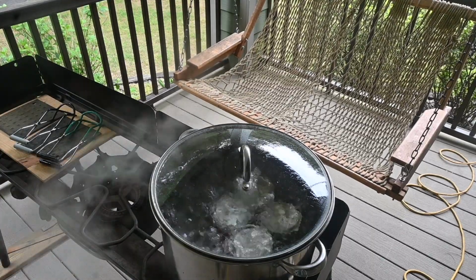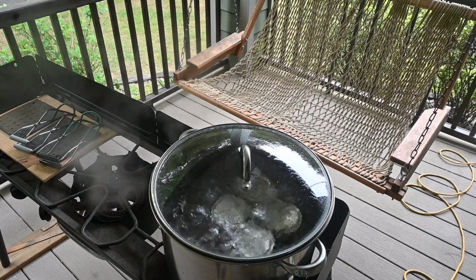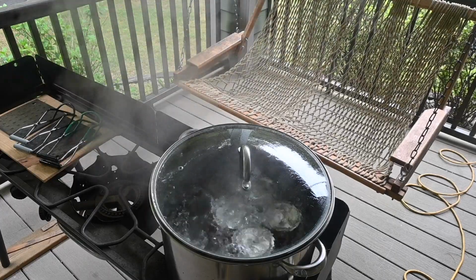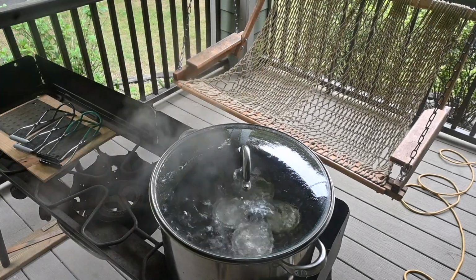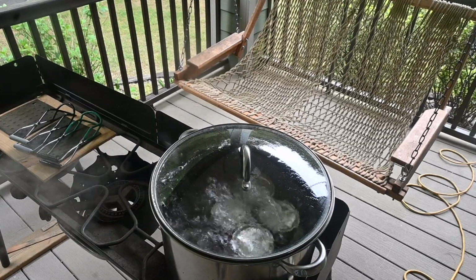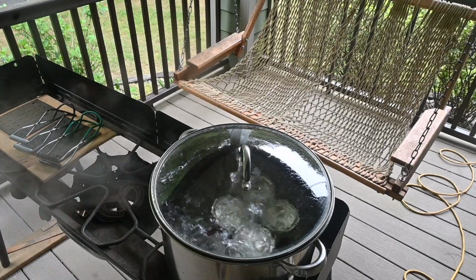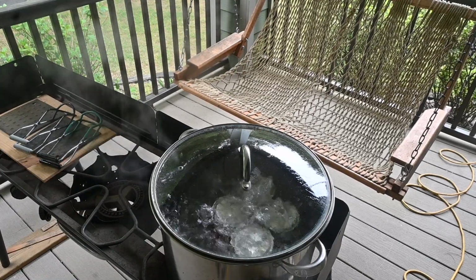From there, I will remove them from the canner. When I pull them out, you want to pull them straight out. You don't want to tip them sideways or anything like that. Pull them straight out. Yes, you will probably have some water on the lid. That is perfectly fine. It will evaporate and dry, I promise. Pull them straight out, put them on your counter on a towel for 24 hours for them to cool down